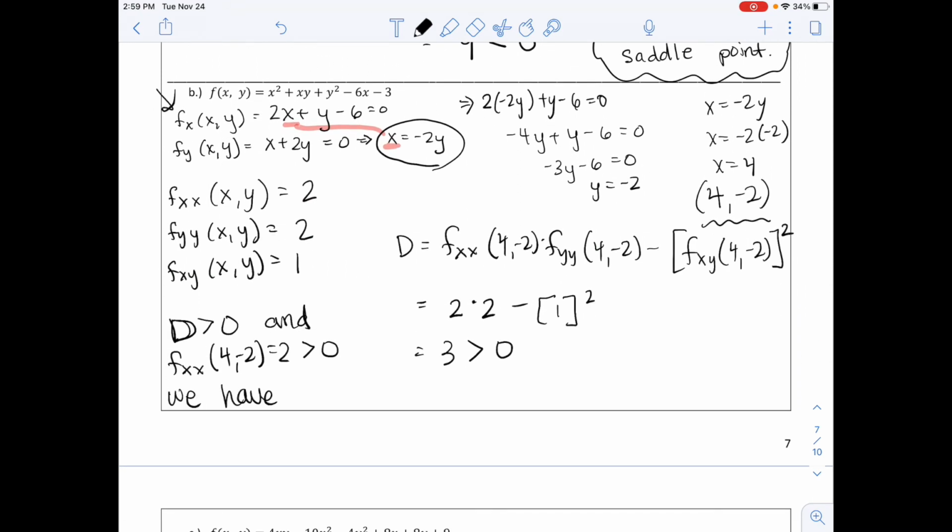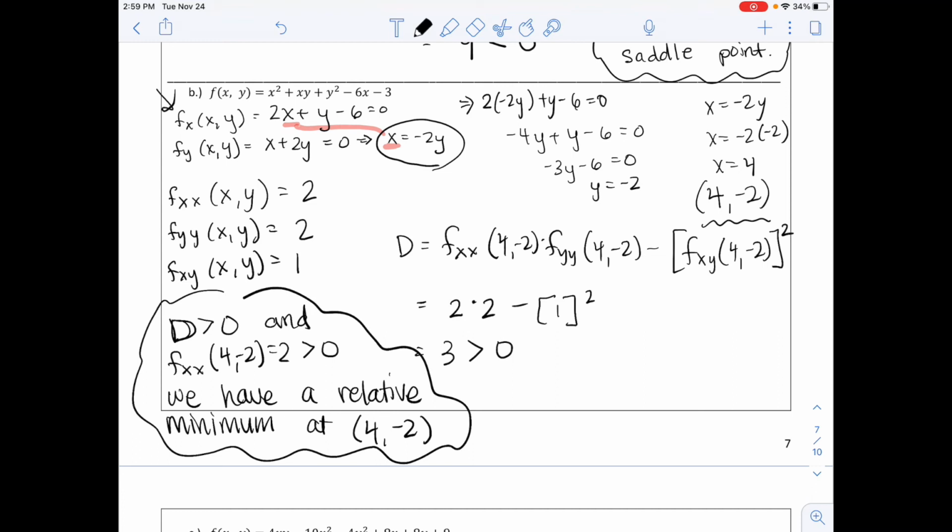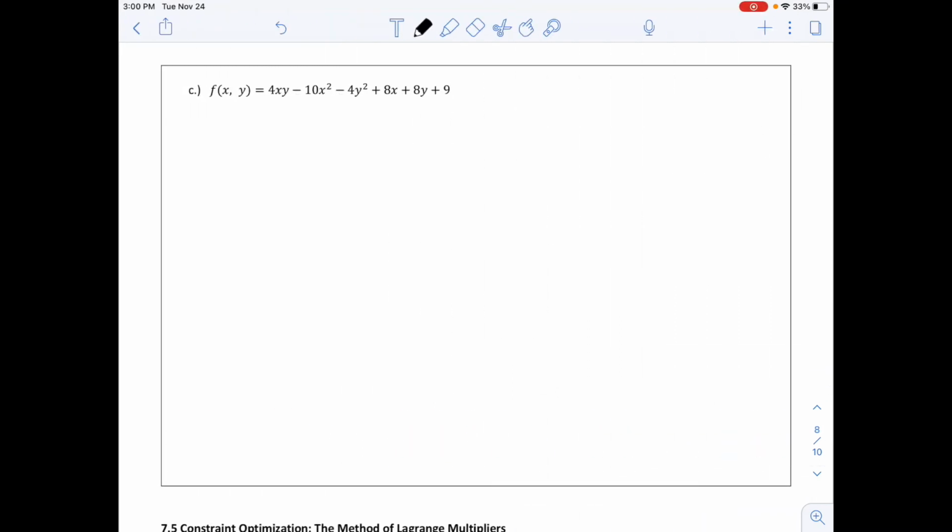So we have a relative minimum at 4, negative 2. So the example on the next page, we're going to go ahead and circle and work on part C together